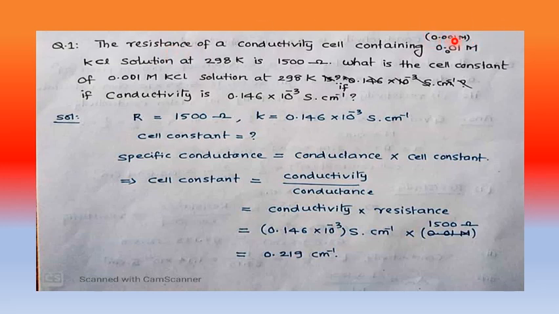Most of the students take resistance equal to 0.001 m. It is not correct. It is wrong. It is a blind attempt. Clear? At least when a numerical is present, check the unit. Okay, if you have any confusion, once check the unit.